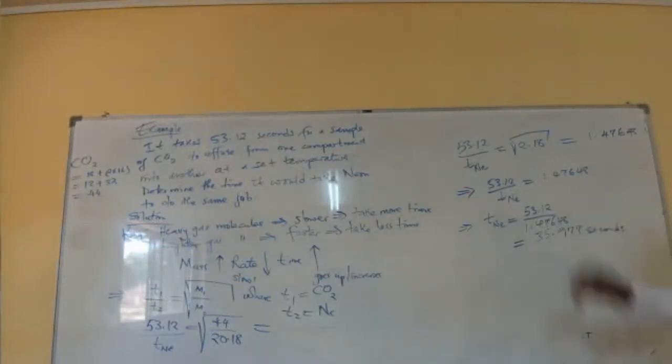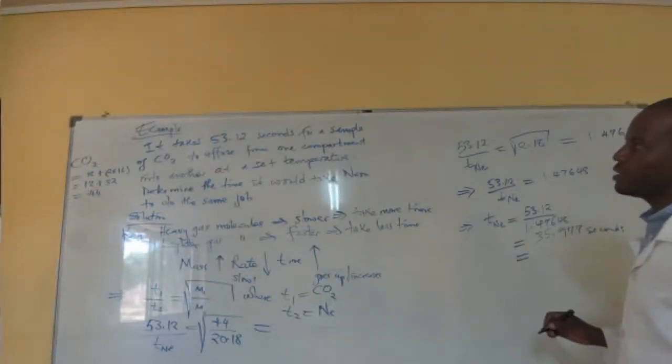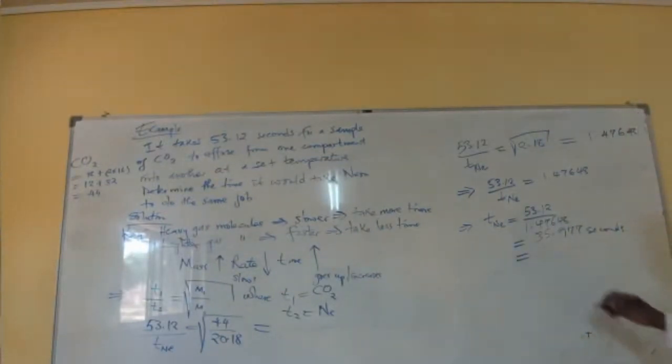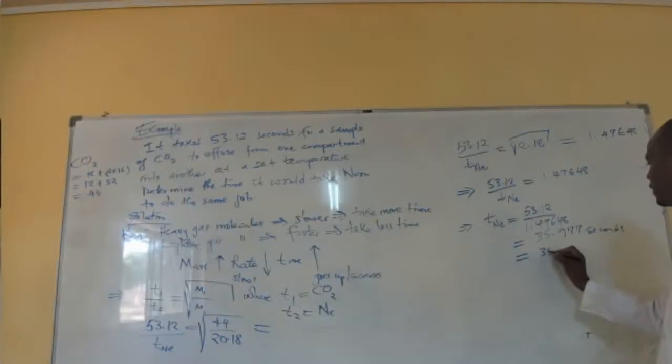We have seconds there. So when we round that up, we are going to have 35.98 seconds. Now if you analyze what you have gotten there, the time for neon and the time for